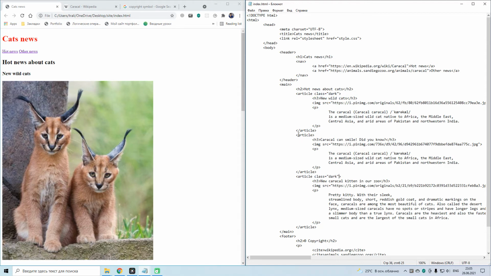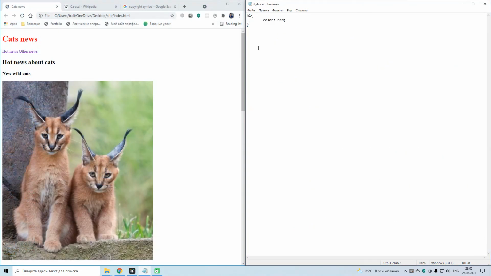And this article we leave without class. So here in our dark